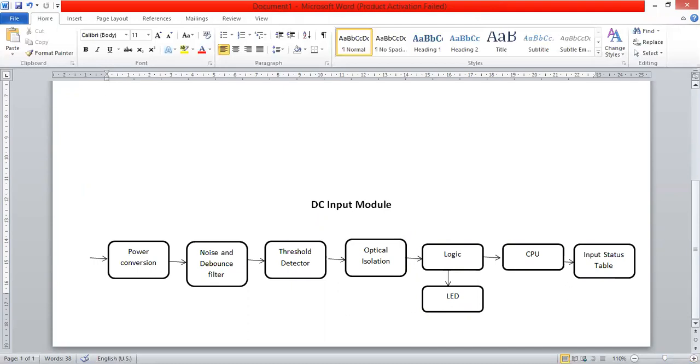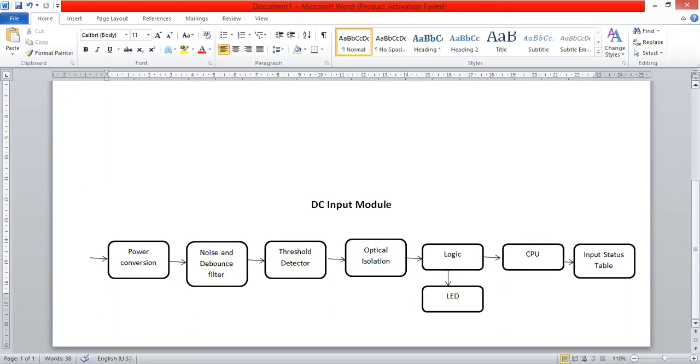Getting it? So the first arrow, okay, it receives the DC input, but that DC can be 12 volt, 24 volt, 48 volt, 120 volt, 240 volt, can be anything. So there is a need to convert that voltage to the TTL form. TTL means binary 0 or 1. So hence the power conversion is the first block. Similar to your bridge rectifier, power conversion is your first block.